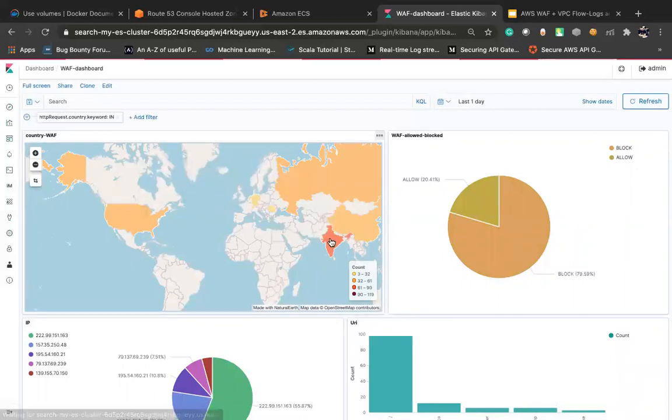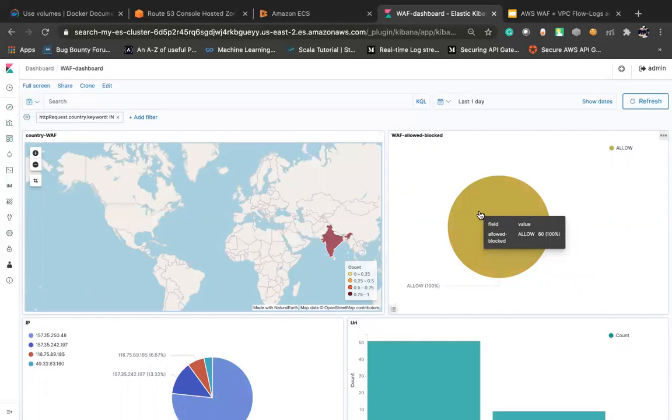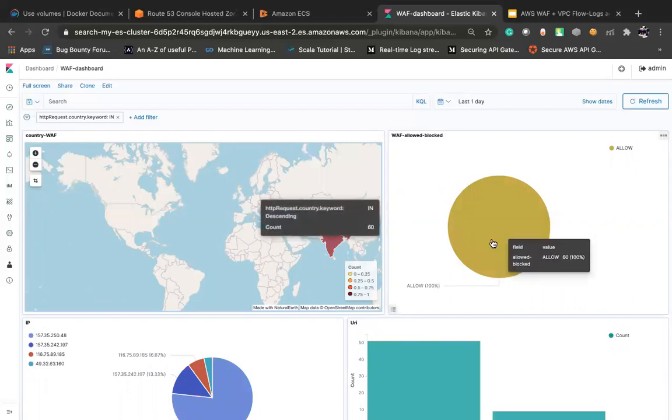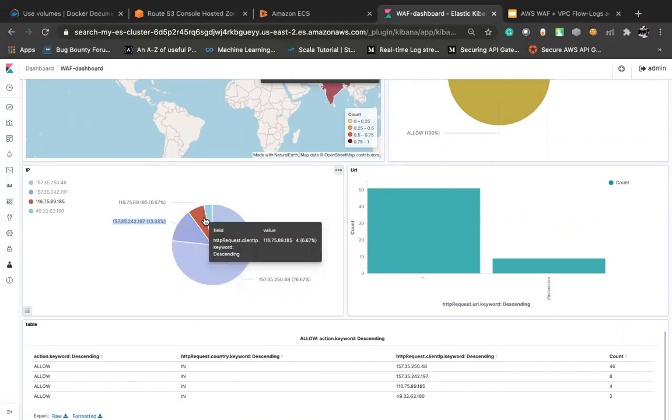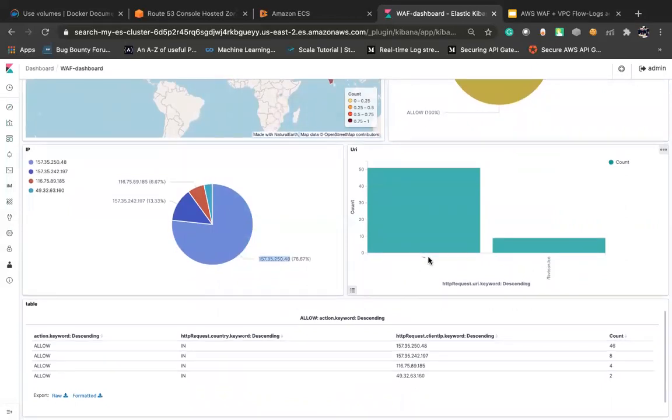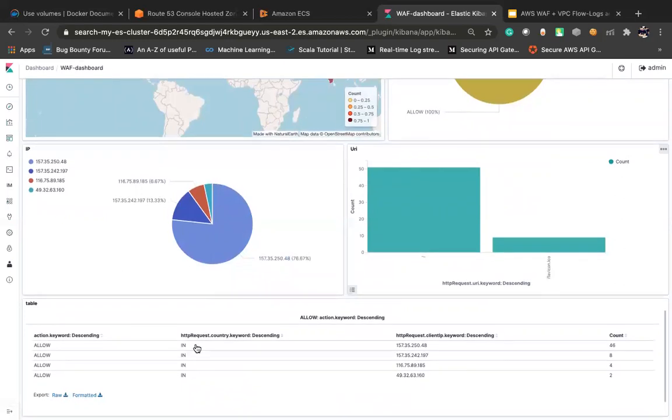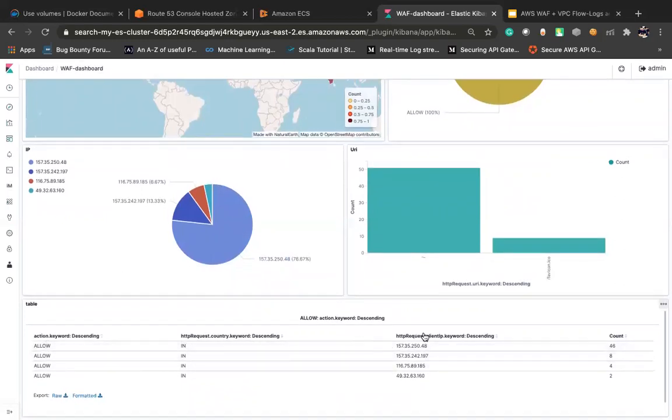For India, if I click on India, all requests are getting allowed, and 13% of requests are coming from this IP, 4% of requests are coming from this IP, and most requests are coming from this IP. And this is for URI, this is for the slash request, and this is for some other URI. Here you can also see other details.